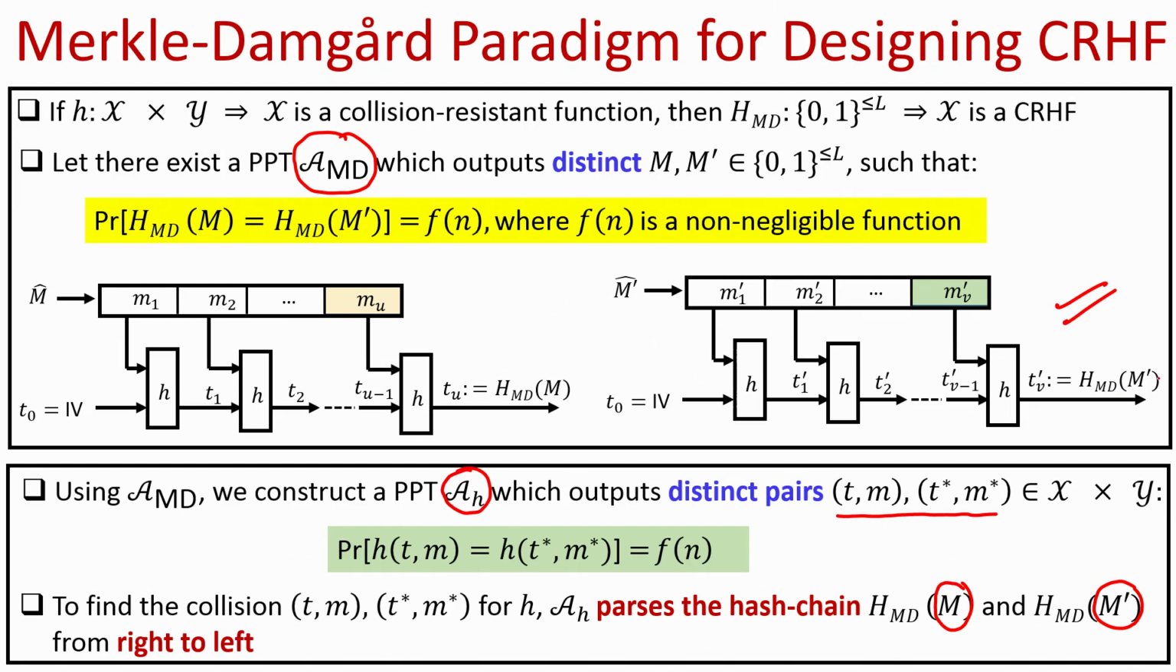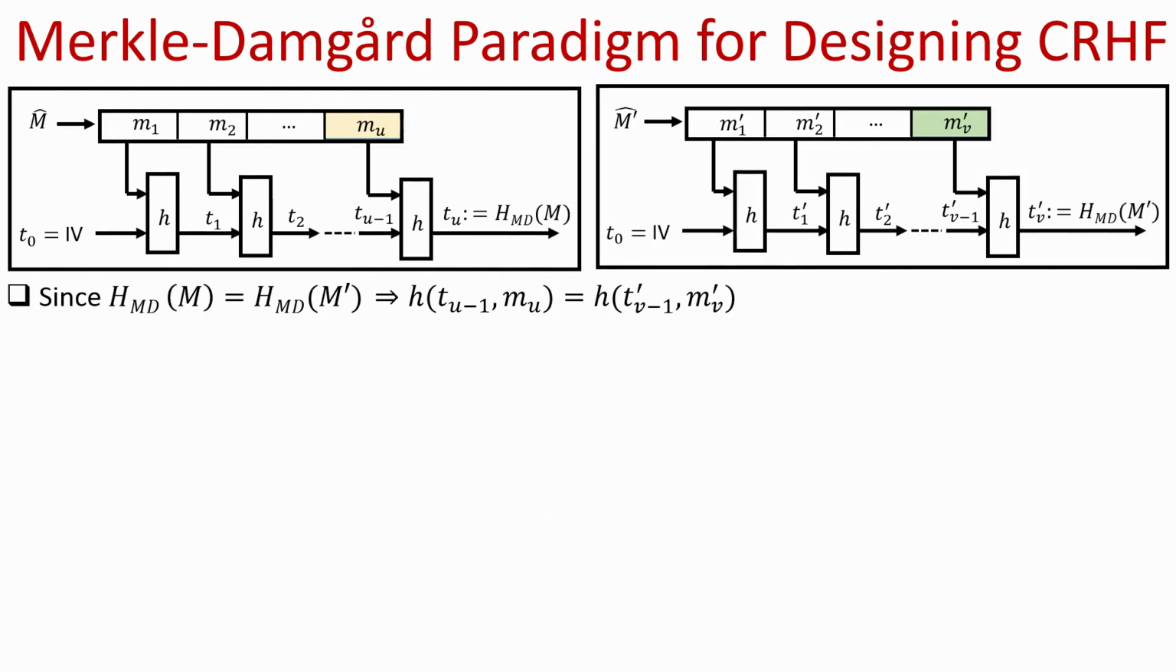So, what the adversary A sub h is going to do is compare these two hash chains, the hash chain on the left side and the hash chain on the right side, and our claim is that if m comma m dash constitutes a collision where m and m dash are distinct, then definitely there will be at least one collision present at some place in the hash chain of m and the hash chain of m dash. So, let us see how exactly the collision for the function little h is going to be obtained based on these two hash chains. Since the hash value of the message m and the hash value of the message m dash are the same, because that is a collision for your function h sub MD,